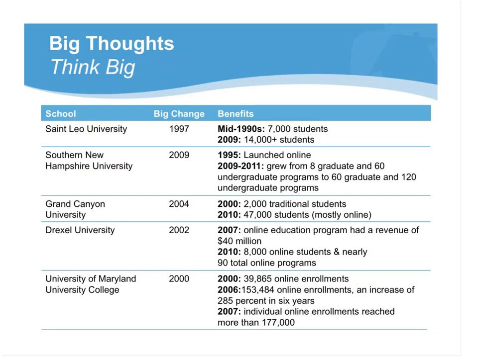So not to be Debbie Downer too much, these are examples that I've looked at and followed over the last 10 years. 5 different schools, mostly not-for-profit, although one here is a convert from for-profit to nonprofit, from nonprofit to for-profit, that have had incredible growth and have done it very strategically over many years, and really has created a nice symbiosis between their ground programs and their online programs. So, on one hand, competition is fierce. On the other hand, we think there's plenty of opportunity to create complementary and robust online programs, as demonstrated by some of these schools listed here.